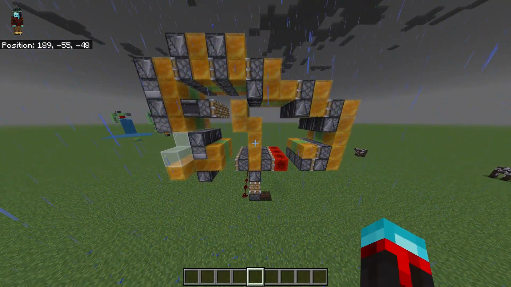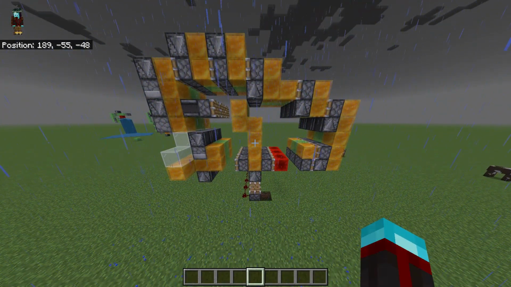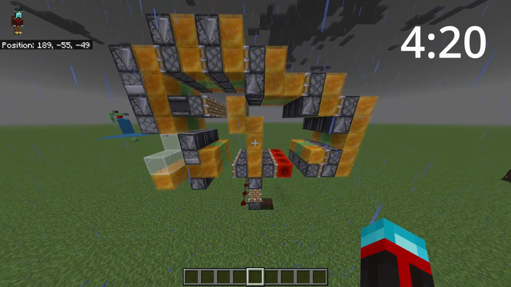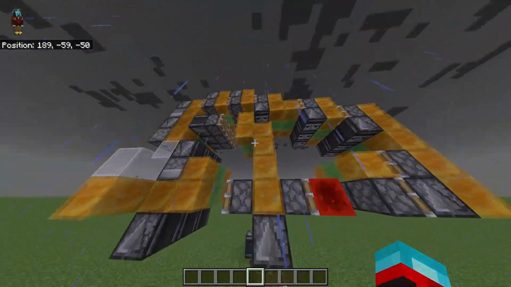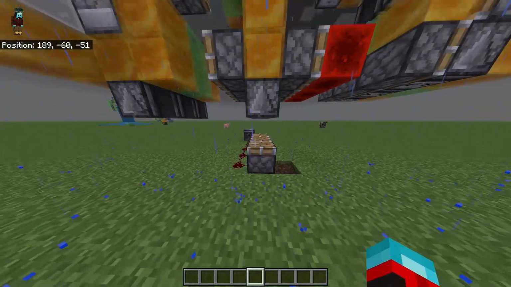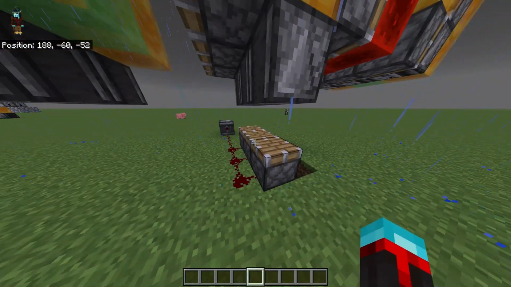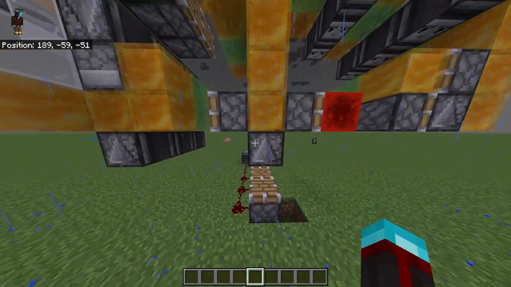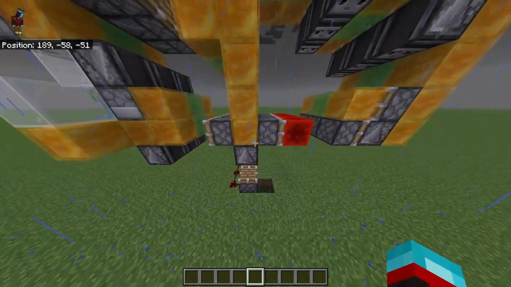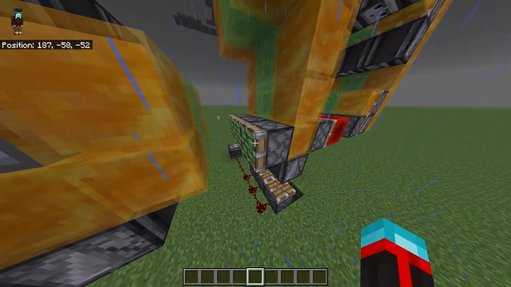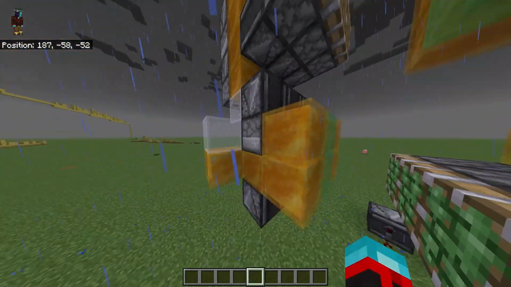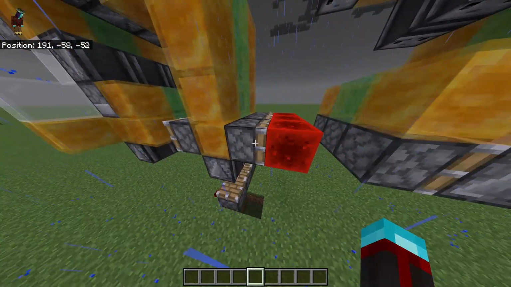Alright, before we start building, I'm gonna explain how this machine works. If you want to skip this part, just skip to this time. So, the first part, this is the starter. It checks for an input from below, which could be the starting pistons, or it could be just this whole thing moving forward. Then it sends an input to these pistons, which basically pull this forward part, and to these pistons,